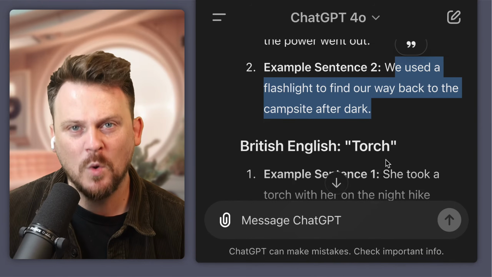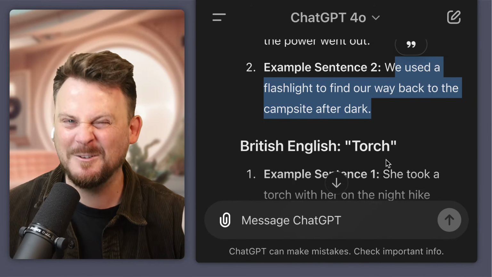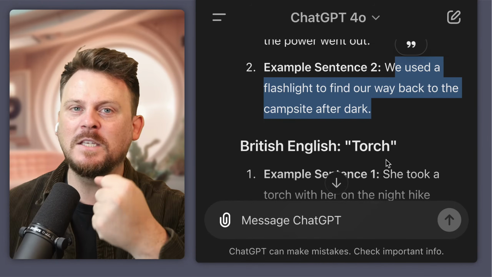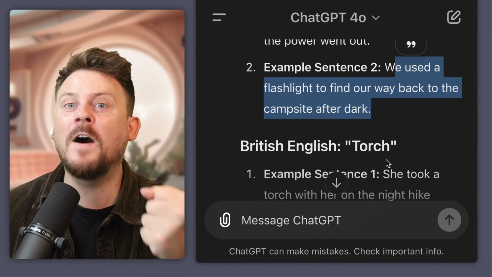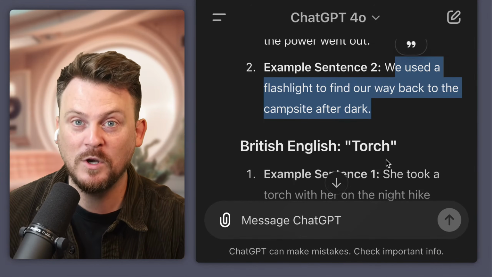We use the word torch in American English, but a torch is specifically a piece of wood on fire at the top. That's what a torch is.